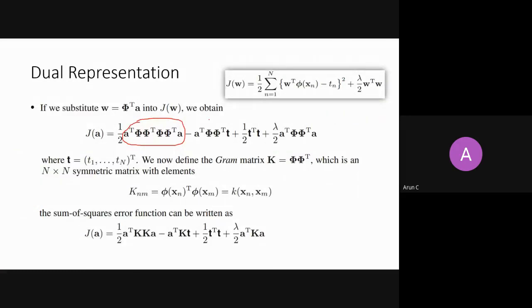So this is this, right? So 2 will cancel by this 2. Here this 2 will get cancelled by this 2. So you just do it and you will find that you are getting the same expression. And here this W transpose W, you just replace that with phi transpose A, you will get the same expression here. So everything is the same, and you're just replacing W with phi transpose A. What will you get by doing it? So first your cost function, your error function, was in terms of W, but now it is in terms of A, where A is written like this, right?